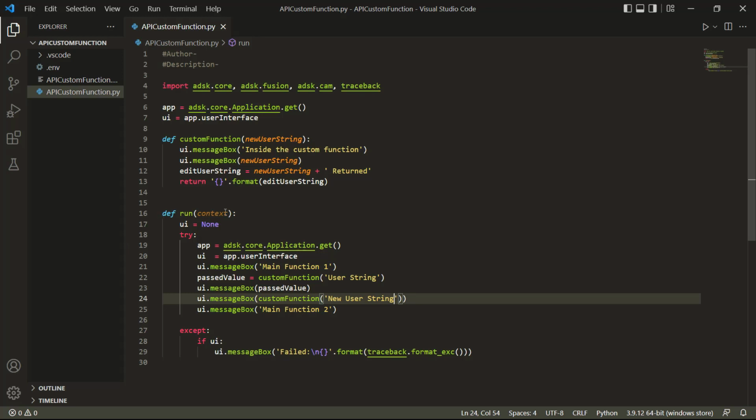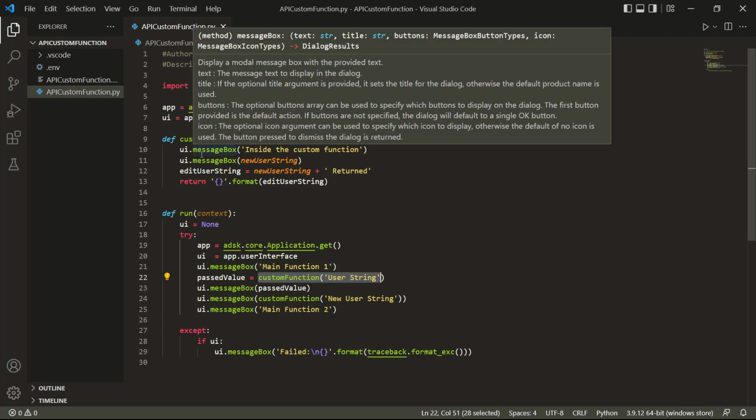So inside of def run context, the first thing that we're doing is we're passing this message box main function 1. Then we create a value, or a variable I should say, passed value, and we're setting that equal to our call to custom function, passing the user string parameter. So up here, once we call our custom function, it's going to be expecting this argument. It's going to be expecting that new user string. Now, once we pass it something, in this case the text,